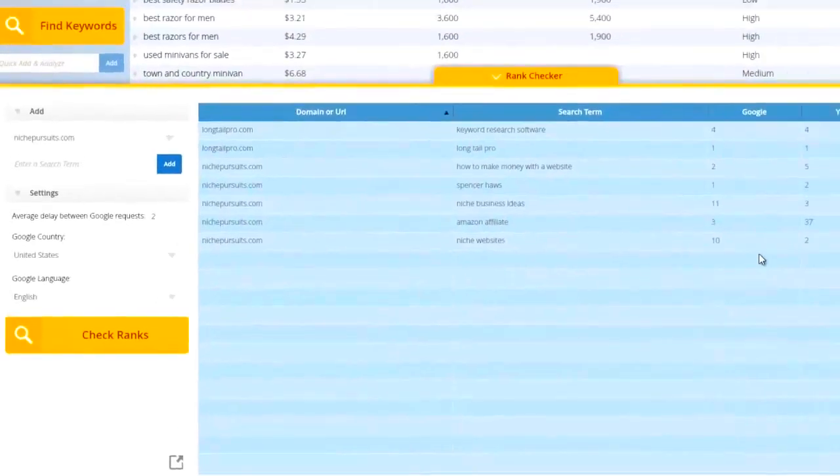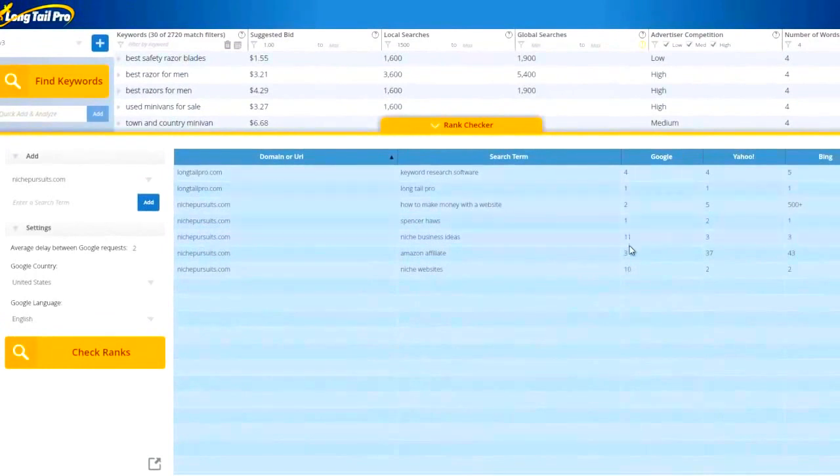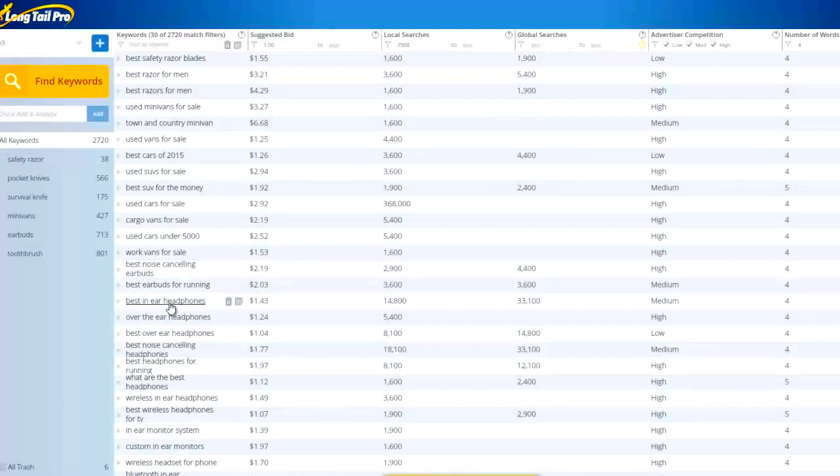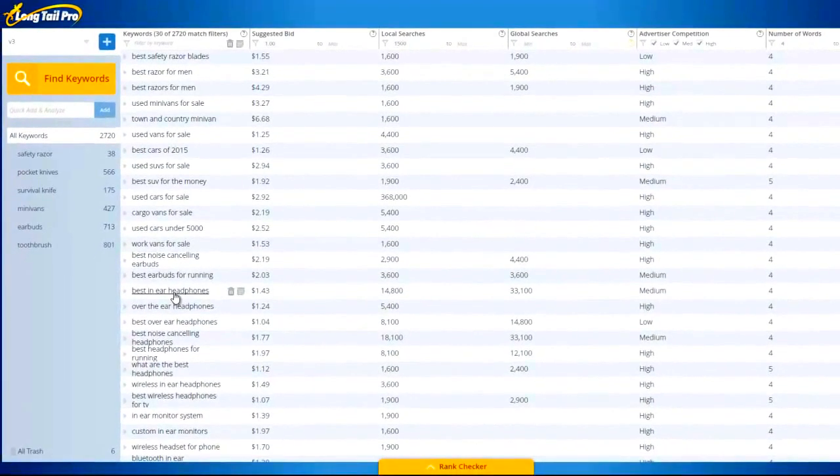So now just in a matter of seconds, I can see that I rank fairly well for several keywords in Google, Yahoo, and Bing. And you can do that for lots of your websites. There really is no limit there. So overall, you can see that Longtail Pro really is a powerful way to conduct keyword research and to do in-depth competitor analysis, giving you all the information you need to determine whether you should target a keyword or not. This software is very powerful, it's easy to use, and most importantly,